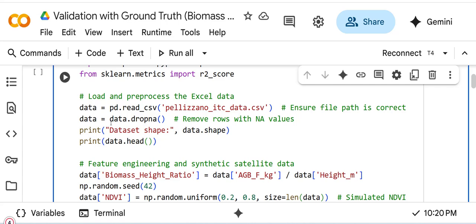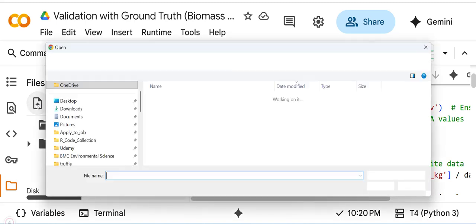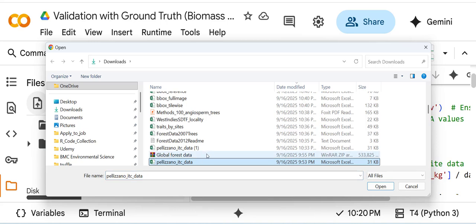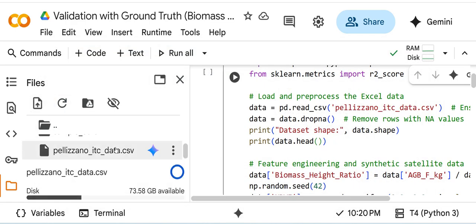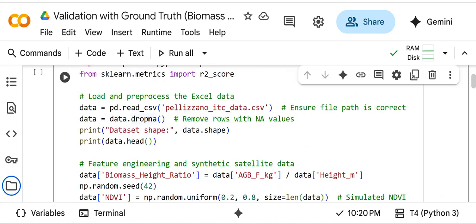Load and preprocess the Excel data. Click on Files, upload to session storage, select CSV file and open. Now let's load our biomass dataset.